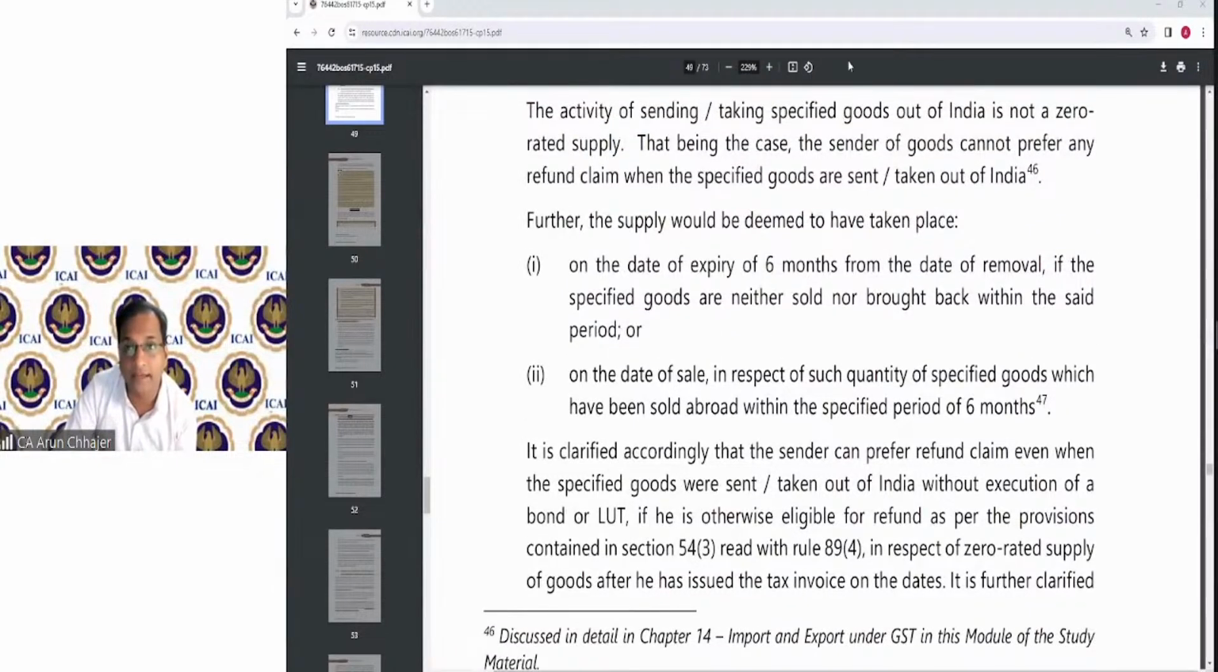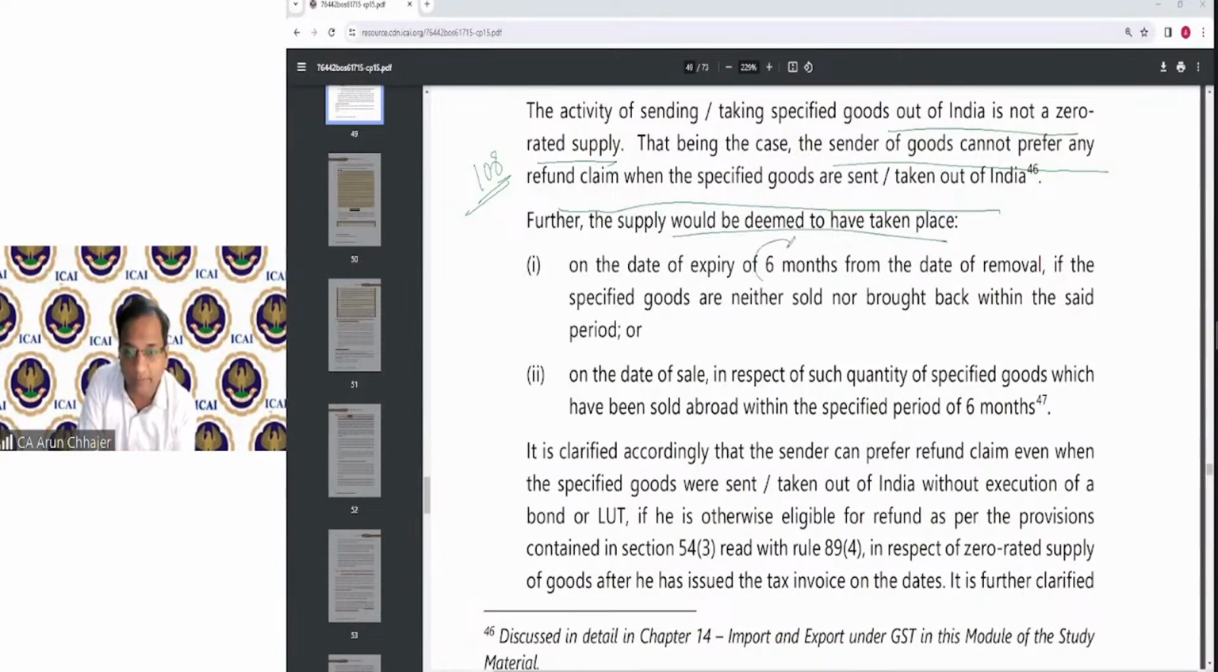So you remember that activity of sending goods out of India is not a zero rated supply. We have read in circular 108. ठीक है. The sender of the goods cannot claim refund with respect to goods sent or taken out of India. Now further the supply would be deemed to have taken place. जब वो डॉक्यूमेंट था डिलीवरी चालान और कितना टाइम था कि गुड्स वापस आ जाना चाहिए, that was 6 months,